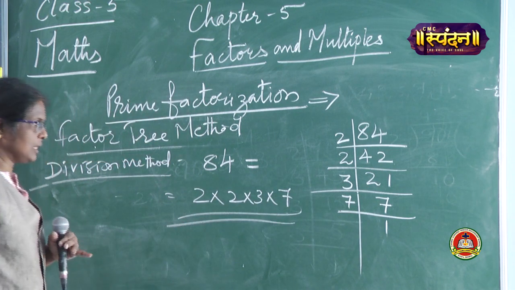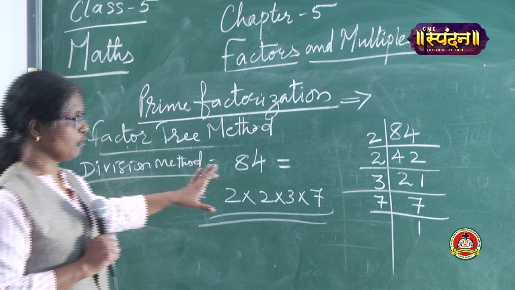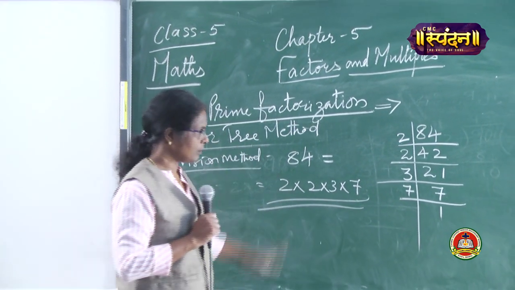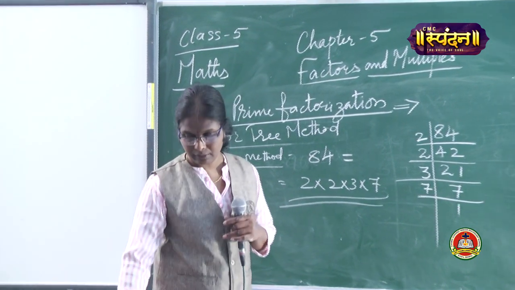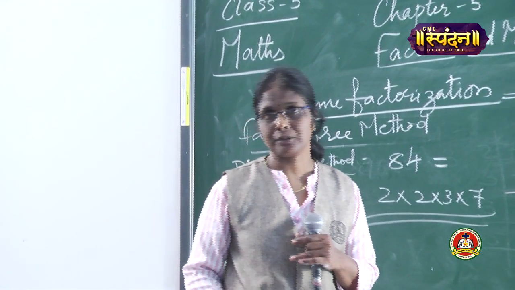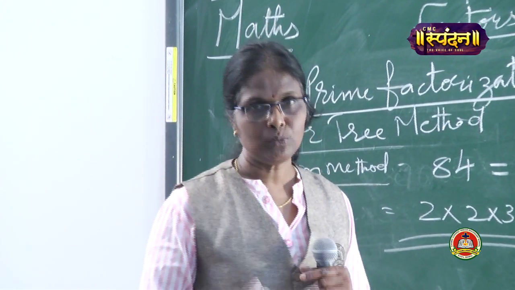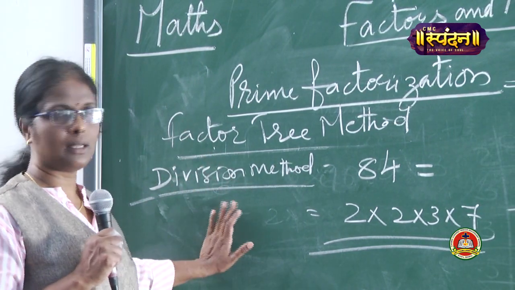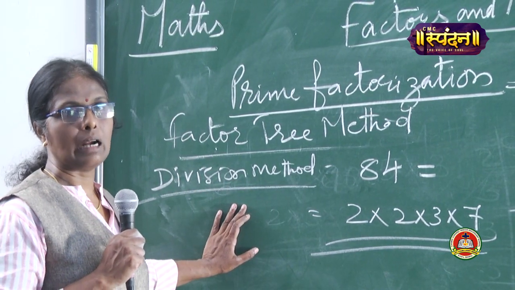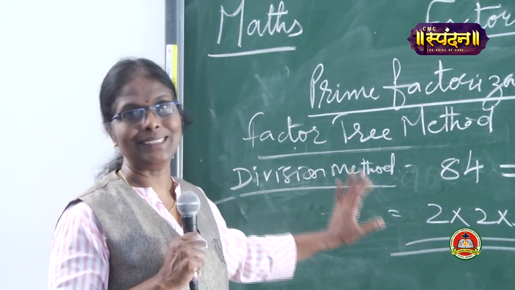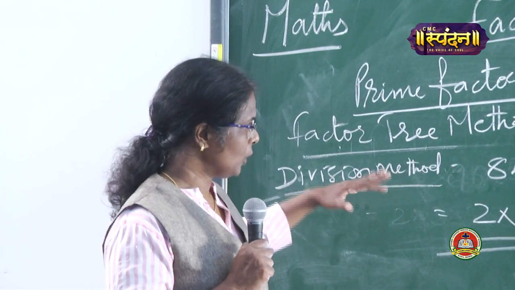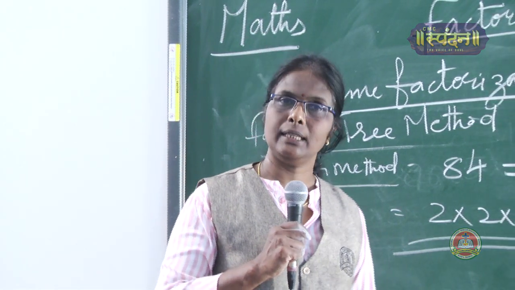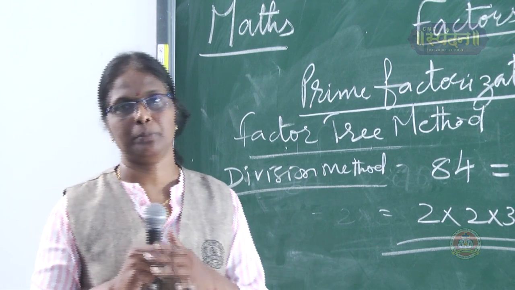So here we have seen the finding of prime factorization by division method. That is all about this today. So keep on practicing. In this video we saw how to find prime factorization, and there are two methods: one is the factor tree method and the other is the division method. But unless you practice this, it won't be easy, it will be difficult. Because if you do this division method and the factor tree method, it will help you to find the LCM and HCF, which is the next part.